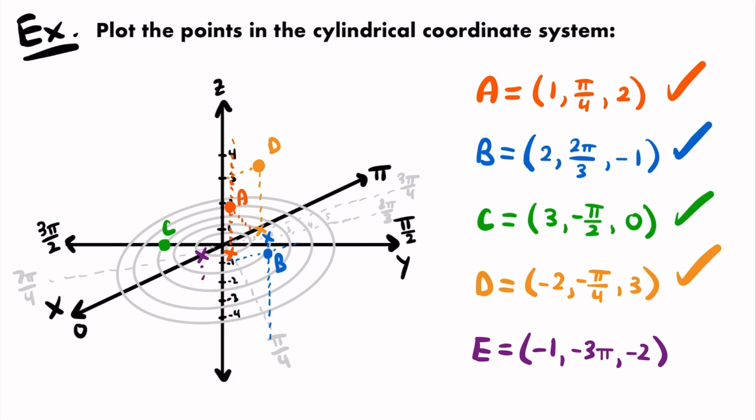Okay, so I'll draw a line parallel to the z-axis from our shadow, and then from z equals -2, I'll draw a line parallel to the angle of 0. And so right there where those two lines meet would be our point E. Okay, I know it's hard to visualize in 3 dimensions where all these points are, but that is at least the process of how we would plot points in the cylindrical coordinate system. I always recommend you start by plotting the point as if it was a polar coordinate, and then just adjusting